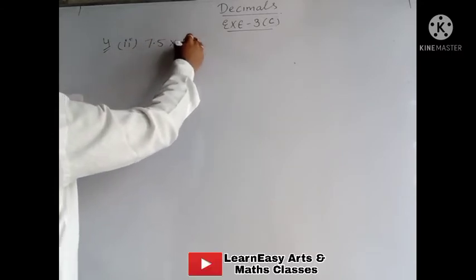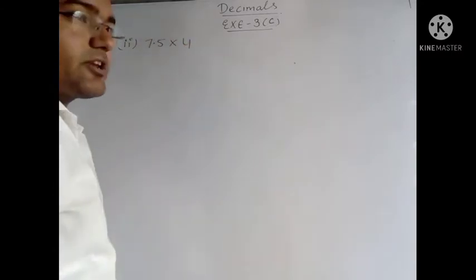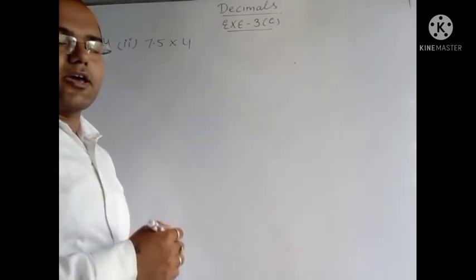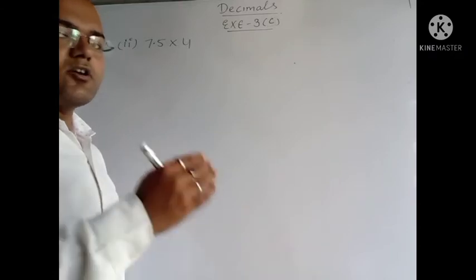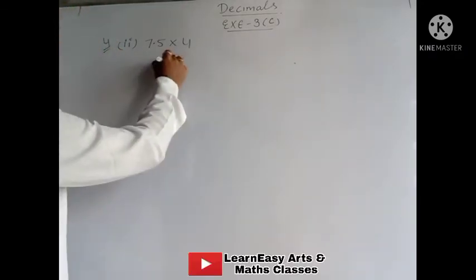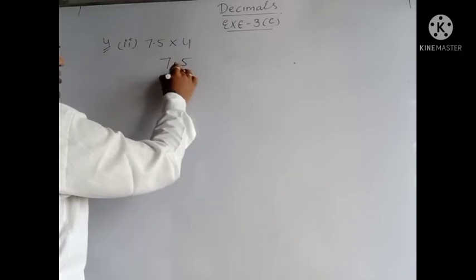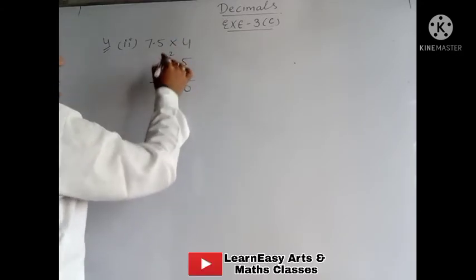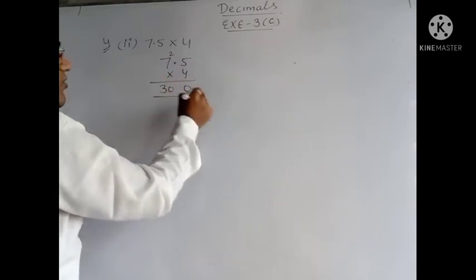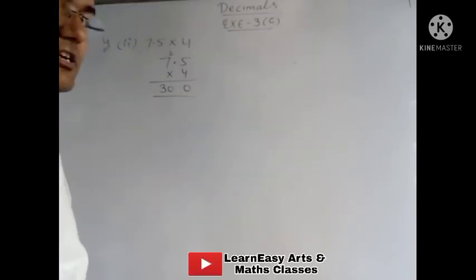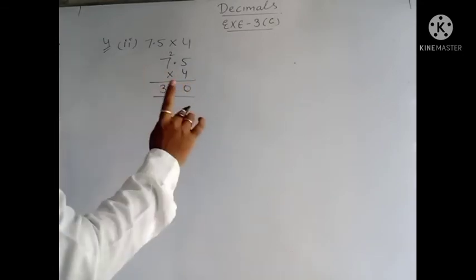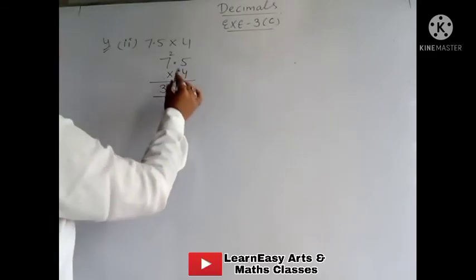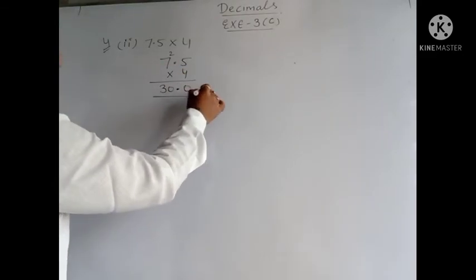7.4 multiply 4. So in this question, here multiply 4 is given. Here 10, 100, 1000 is not given. 4 is given. So here you can show the multiplication. 7.4 into 4. 5 4 ja 20. 2 here. 7 4 ja 28. 28 plus 2 is 30. Now we have to put the decimal. In this decimal is not there. But in 7.5 decimal is coming before how many digit? Before 1 digit. So our final answer is 30.